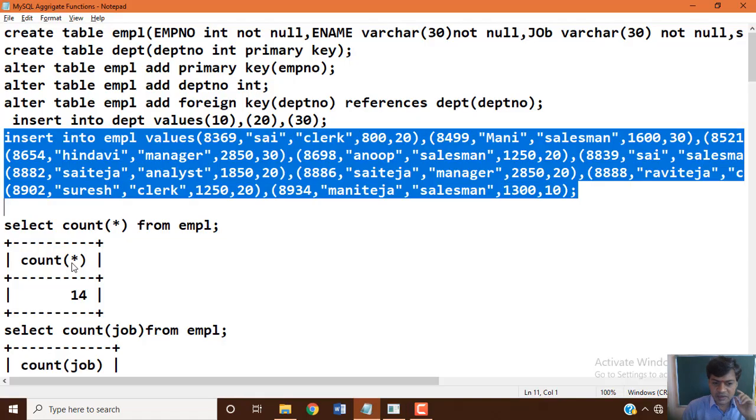Now we want to work with aggregate functions. The count function returns the number of rows in the table. Along with the count function, you can use either distinct, all, or the asterisk symbol.